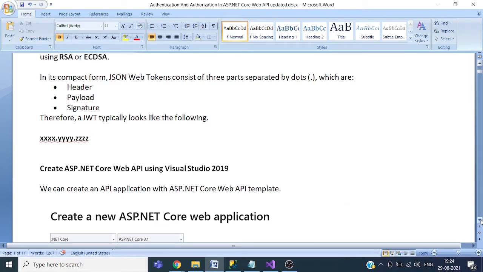Then the user will log in using the username and password, and if login is successful, the server will create a JWT token and return the token to the user. After that, in the subsequent request, the client will send that JWT token to the server.